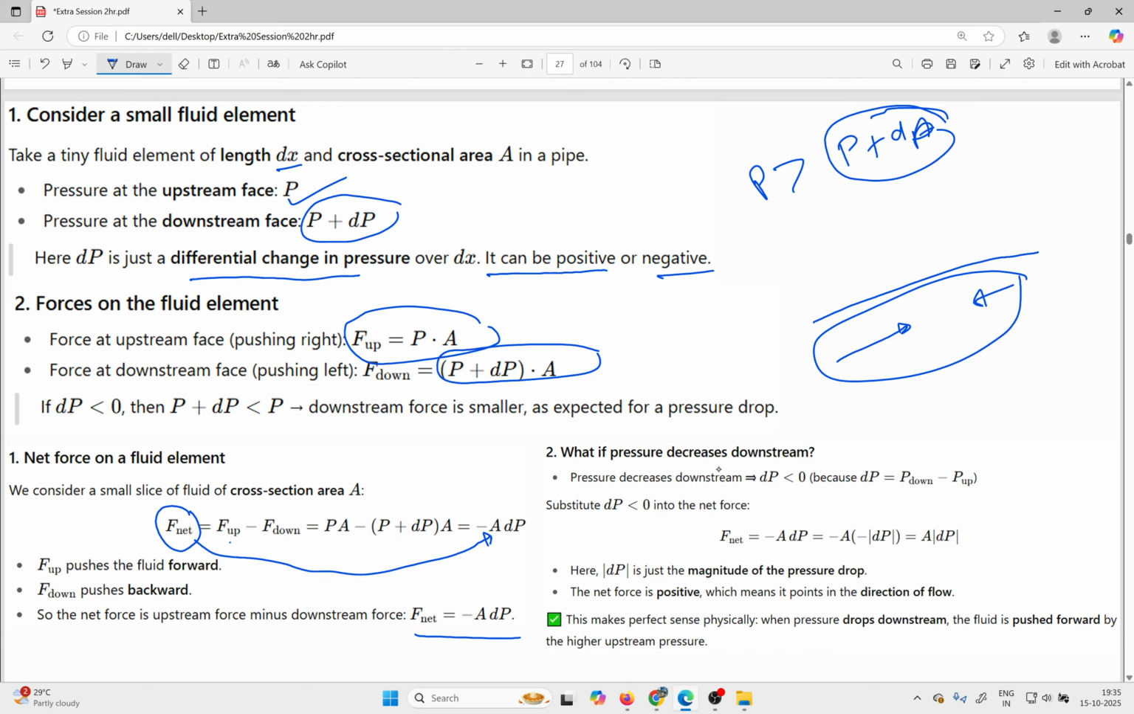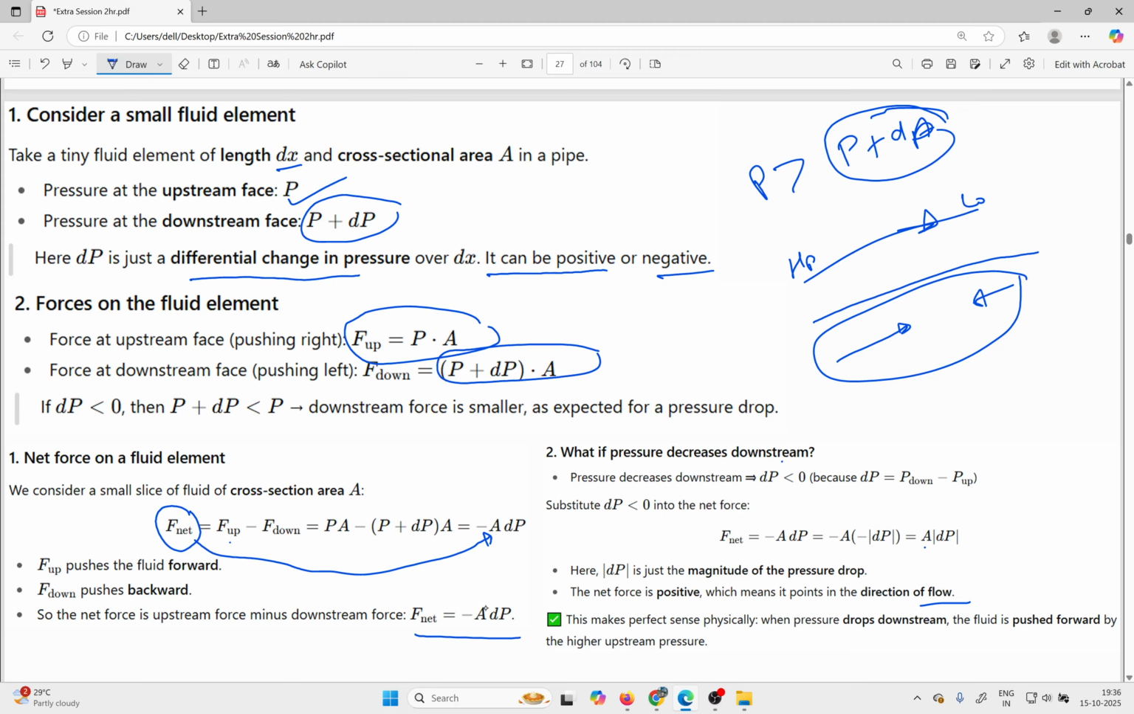And what is the pressure decrease? If the pressure decreases downstream, the flow is possible, because flow goes from high pressure to low pressure, meaning the pressure is decreasing in the downstream direction. So this is written here. F net is minus A dP, and pressure is decreasing, so if you put minus dP in place of dP, you will get the positive value. Here dP is just the magnitude of the pressure drop, and the net force is positive, which means it points